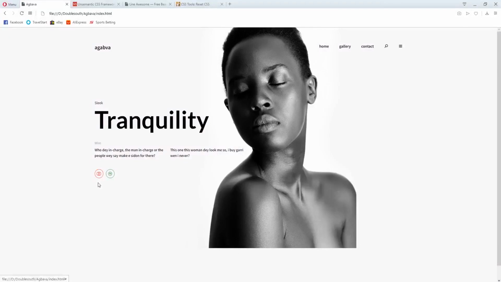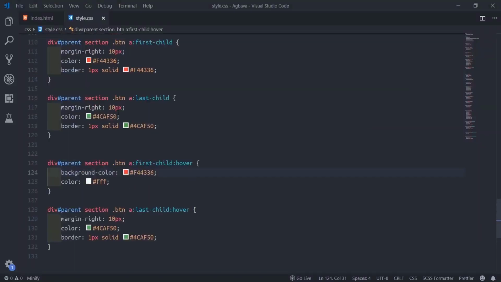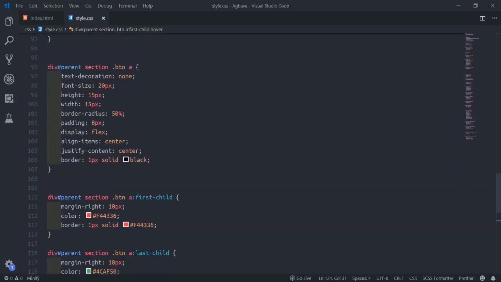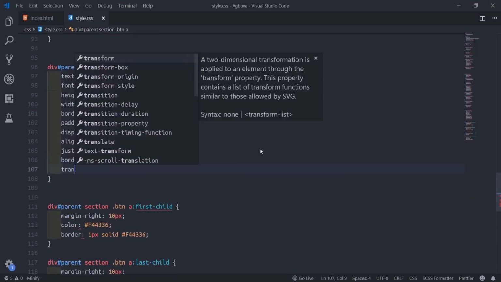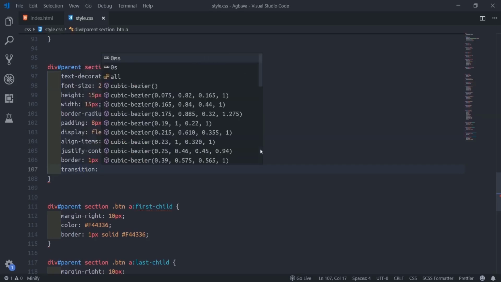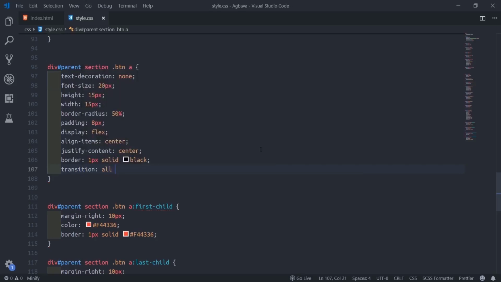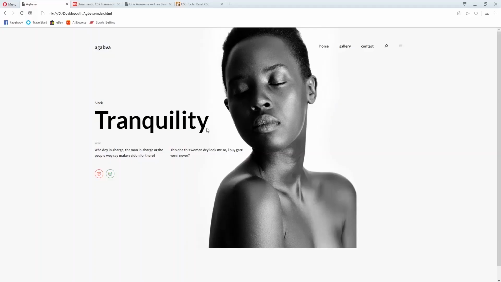It's too fast. So it's too fast now. So to fix it now, we'll do transition. So I'll come here. I'll say transition all 250 milliseconds ease-out. Refresh. You see it does set.